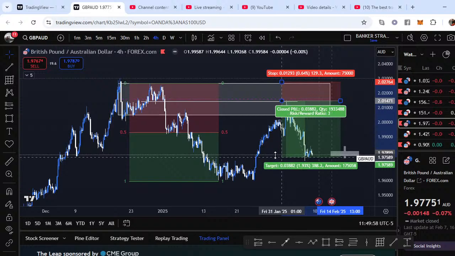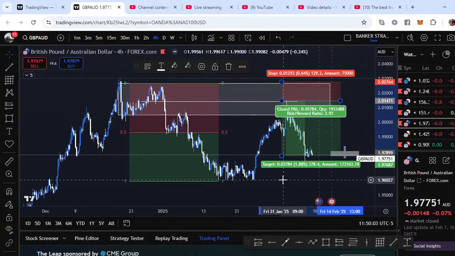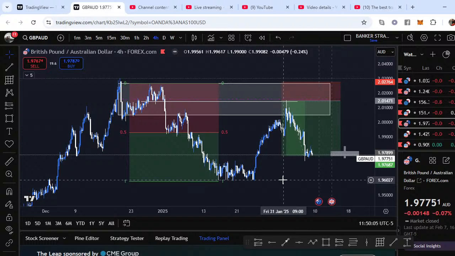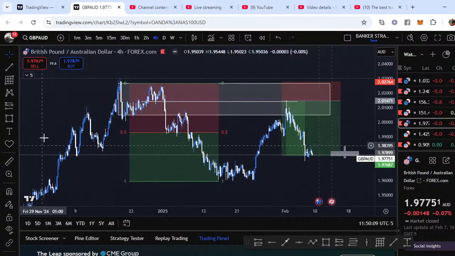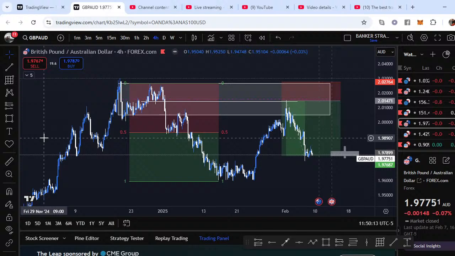This is below the 50% and right before the fair value gap, a 1 to 3. Look at the entry. Entry is clean. With three lots,